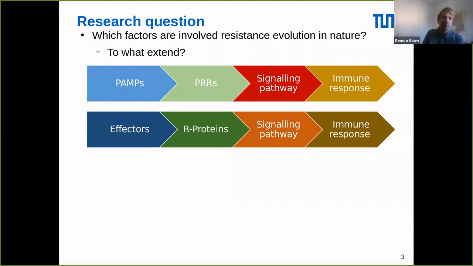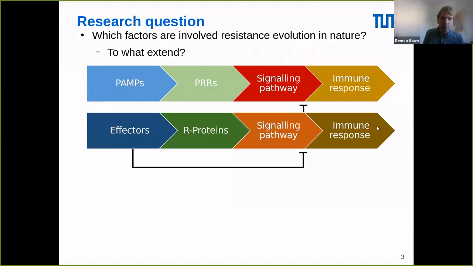We know that there are several layers of defense responses in plants. We have PAMP-triggered immunity, or pattern-triggered immunity, with pattern recognition receptors that lead to a signaling pathway that triggers immune responses. And we have another layer where secreted proteins, or effectors, of pathogens are recognized by R proteins, coded by NLR genes, which also lead to some kind of immune response. We know that these things interact. Effectors can prevent